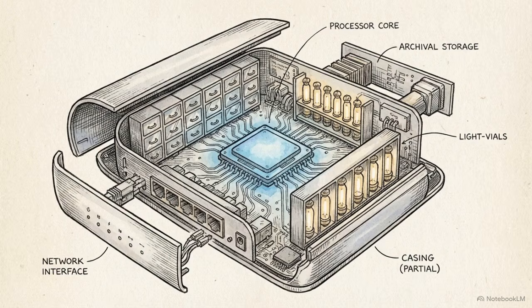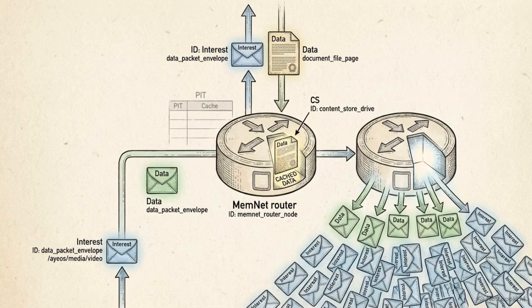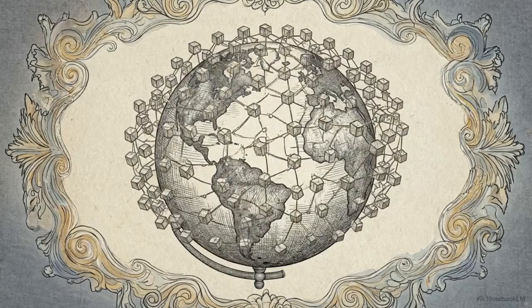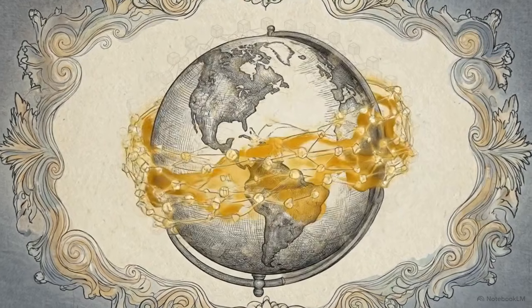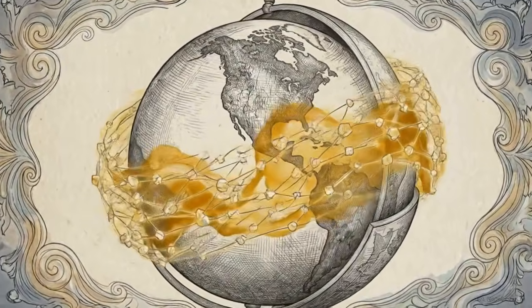Every MemNet router also contains a content store. This is an in-network memory cache built directly into the routing hardware. If thousands of people request the same file, the data doesn't cross the backbone thousands of times. The first router that retrieves the data saves a version in its content store and serves its own copy to every subsequent user. Distributing memory into the routing fabric eliminates backhaul bottlenecks by turning the network into a globally distributed content delivery system.